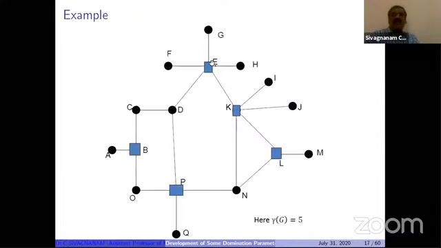So in this example, again, same example I'm giving to you. This E is not isolated. This S is a blue color vertex. It is a dominating set already we have. But E is not isolated because it is adjacent with the K. K is not isolated, adjacent with the E and L. L is not isolated. But you have to see B and P are isolated. B and P are isolated vertices. If we want to avoid these, these two are non-adjacent, so they are isolated vertices. So S contains isolated vertices here.